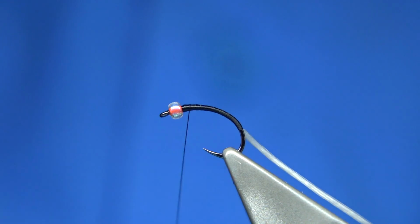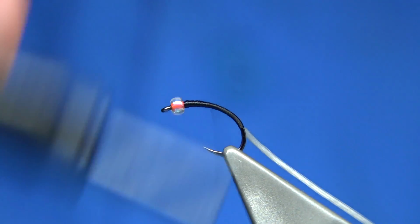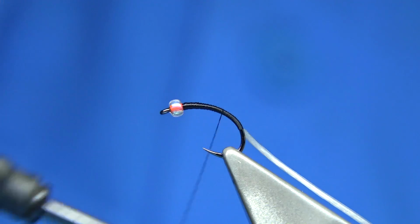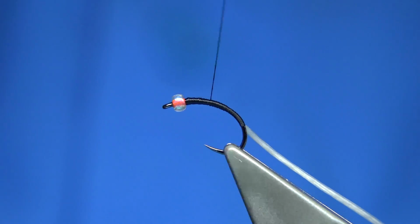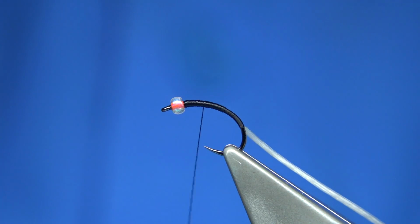And then come back down. This will help you taper the body. I'm going to come back at least 2/3 of the way and then come back up to basically in line with the point of the hook. So if we're in line with the point of the hook, once we let the thread go, then we can